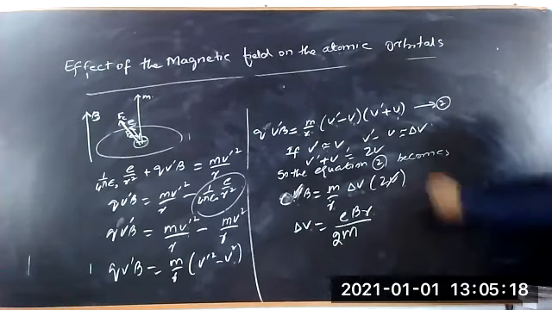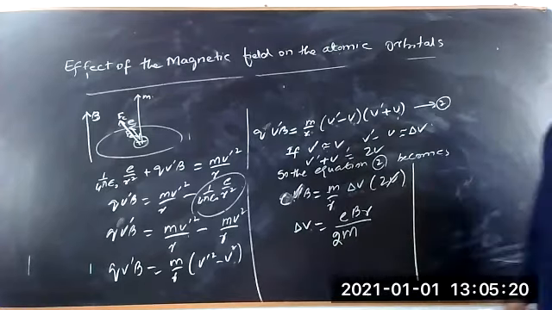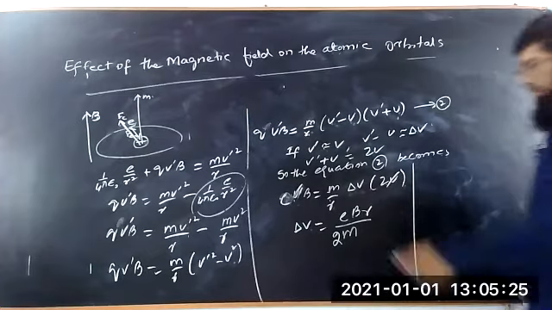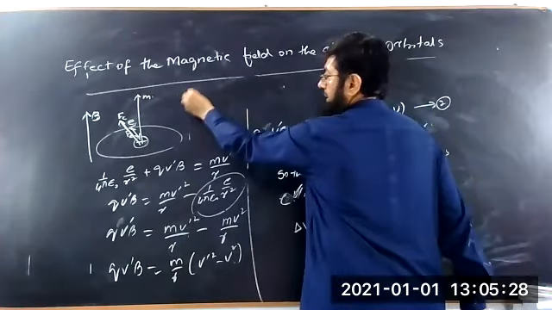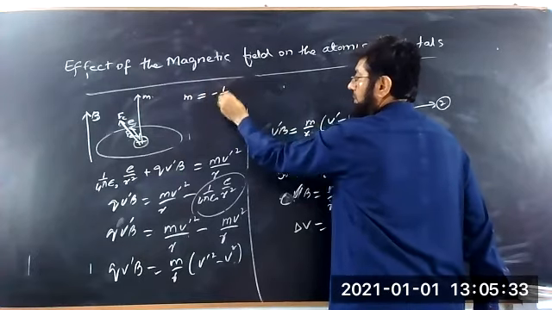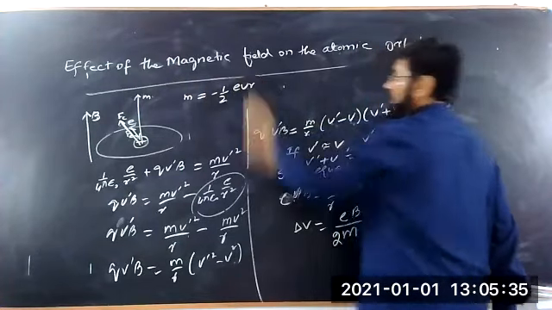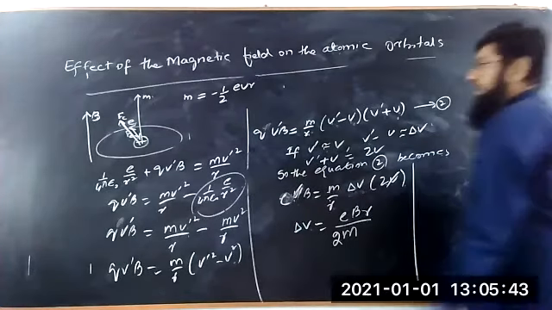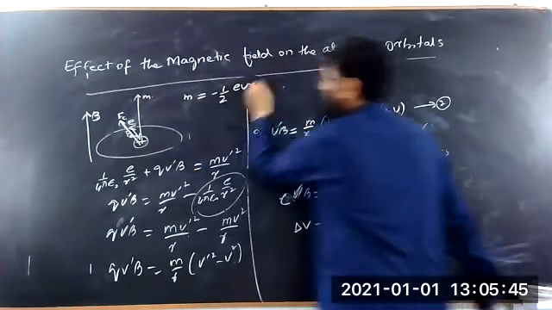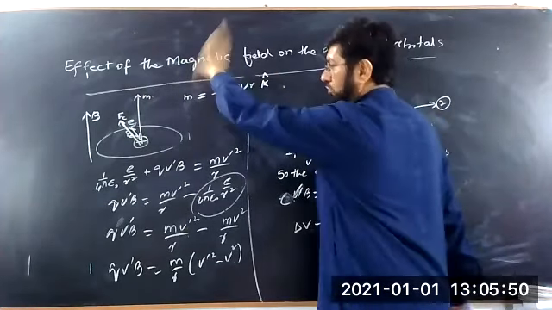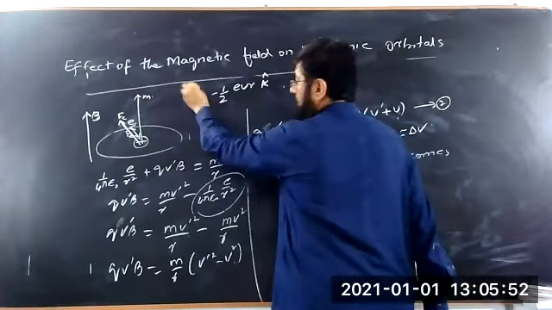So now we have to see what is the change in the magnetic dipole moment when placed in the external magnetic field. In the absence of the magnetic field, we have calculated the magnetic dipole moment of the orbiting electron is equal to minus 1 upon 2 e V R. This is the magnetic dipole moment of the orbiting electron in the absence of the magnetic field, which is normal to the plane. We say that this is the direction of k, which is along the Z axis, which shows the direction of the magnetic dipole moment. This is the vector.